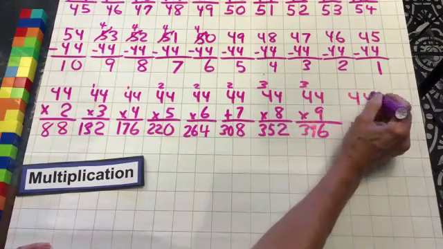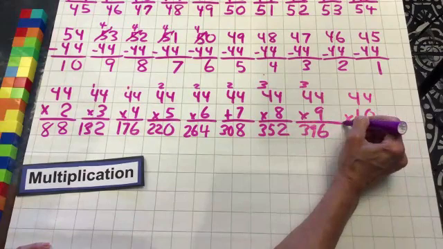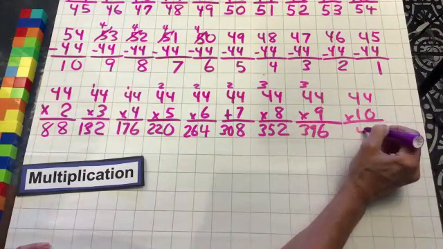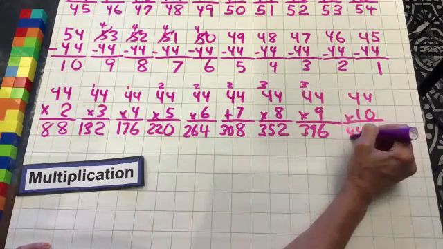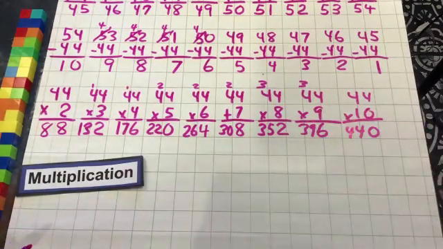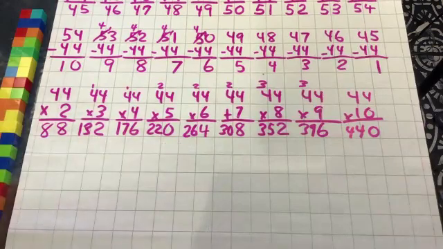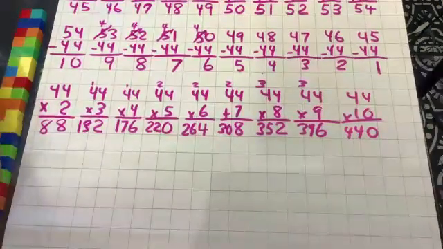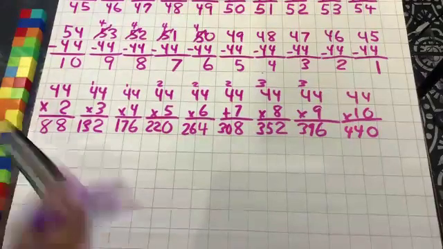And then last but not least, 10 times 44. We drop the 0 to hold that place value. Then 1 times 4 is 4. And we're done with multiplication. Nice job. All right. Hopefully you're patting yourself on the back. You got everything correct. Let's move on to our